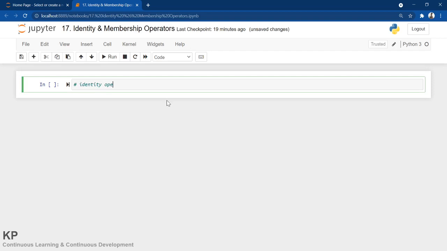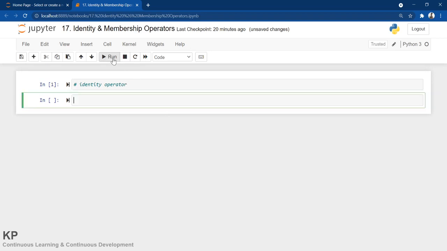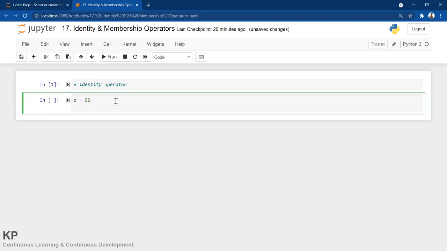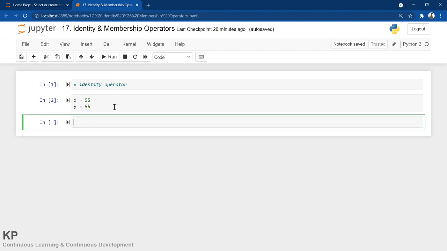Identity operator. So this is a very small video. This is not going to be very long. 2-3 examples will be enough. Okay, so let me create a variable. I am giving x equals 55 and y equals again 55. All right, and now if I do